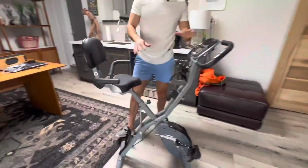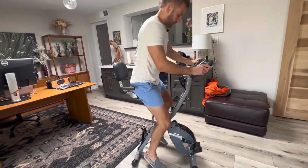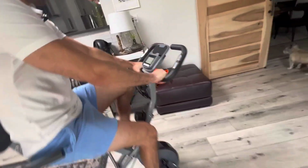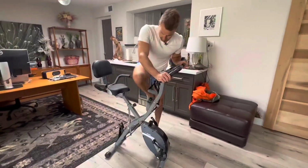And there's different settings. So this is one setting right here. Say you want to just ride it more in a seated, sort of upright position. This is going to be a good setting right here. And even with this setting, you can lean forward at any point to do that, but it's going to be